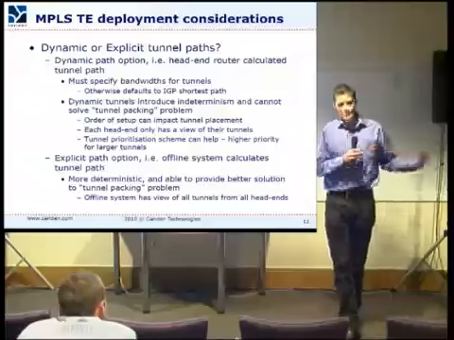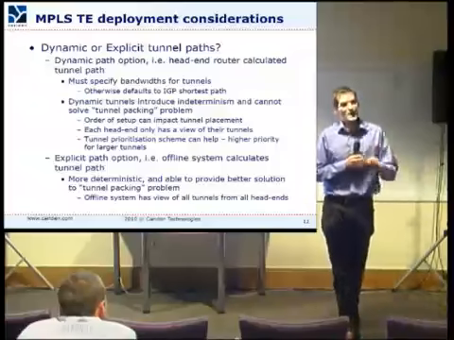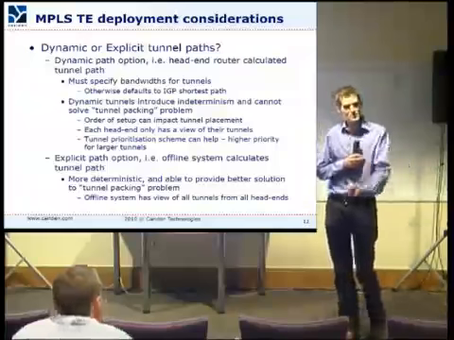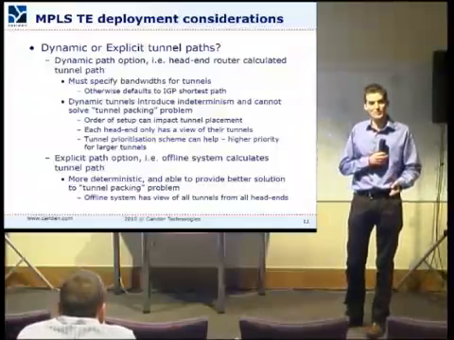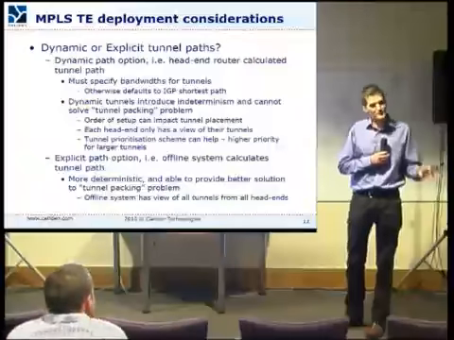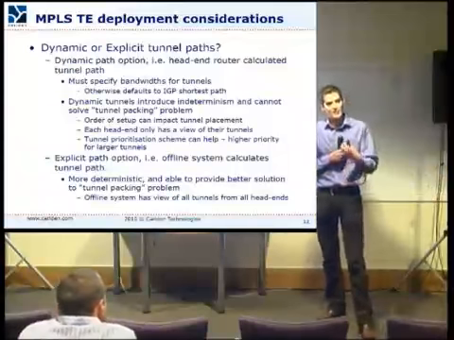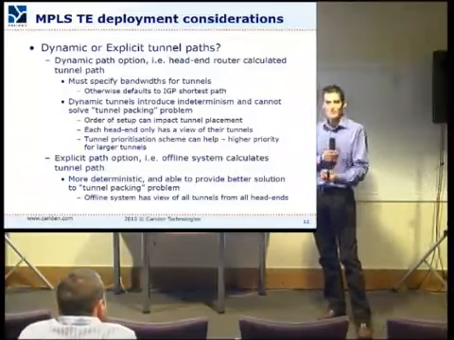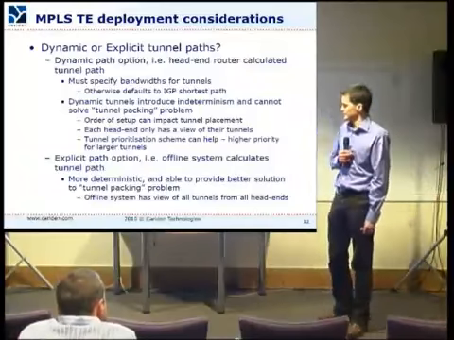But routers on their own won't come to that conclusion because they just look at what's available and set up their tunnel. So you get sequencing issues, and that's what's called, if you like, the tunnel packing problem, is that they don't come to the most efficient distribution of traffic because they're all routing their own tunnels based upon their view of the network, and you can have issues due to that sequencing.